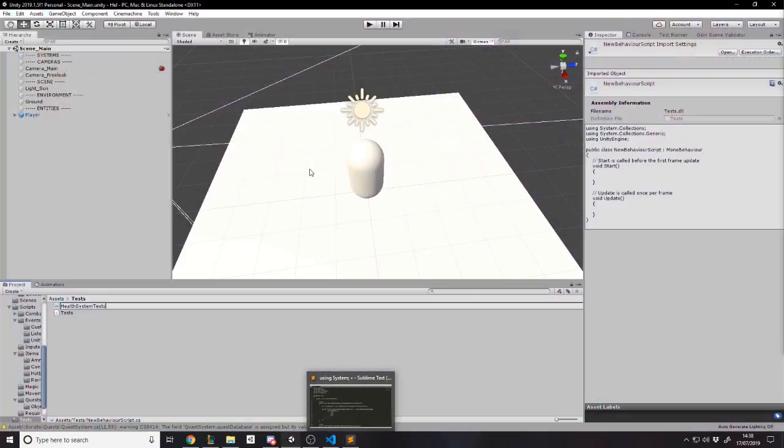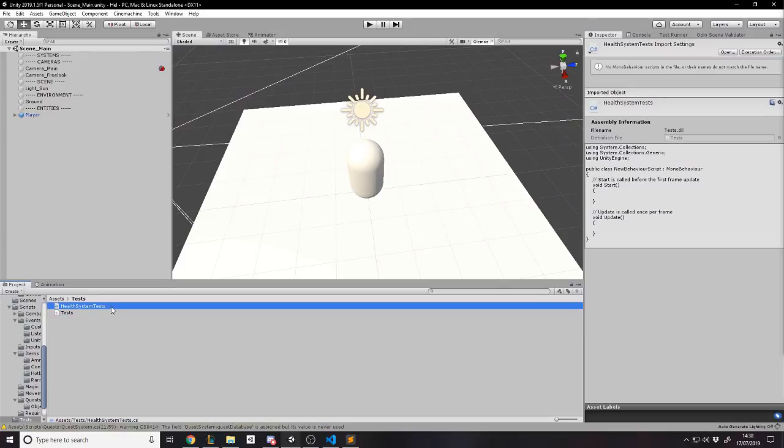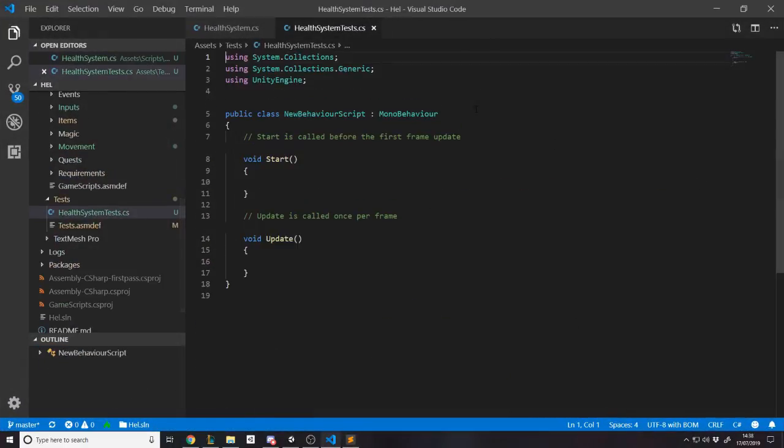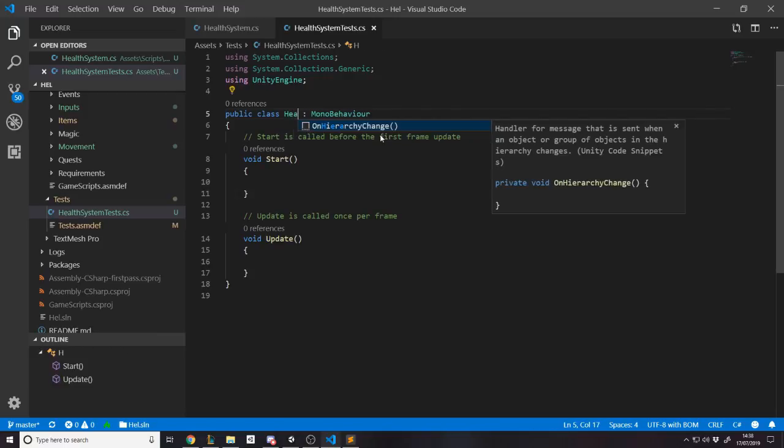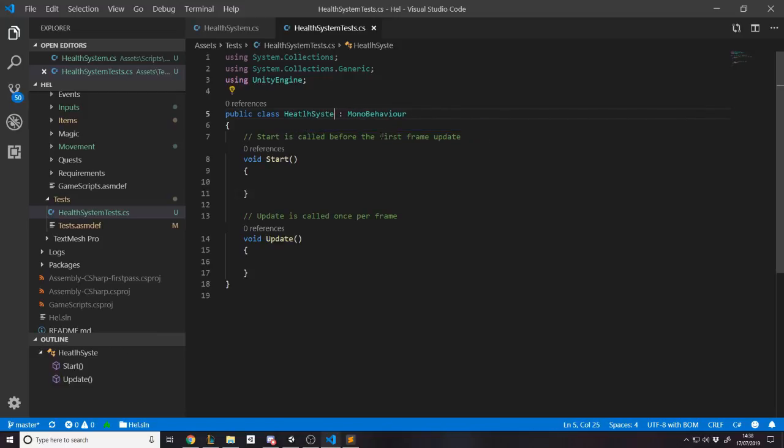I think that's what I went for. Yeah, health system tests, okay? So let that compile. By default, it'll be a MonoBehaviour if you've just made it for Unity. Obviously, we need to change that. So what we're doing in here, it's called new behavior script, so we're going to rename it to be health system